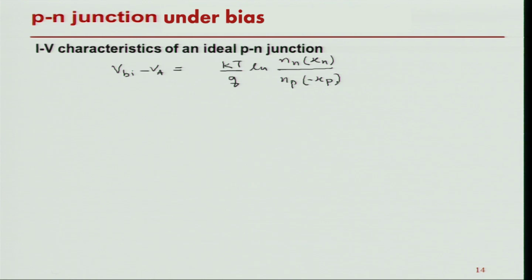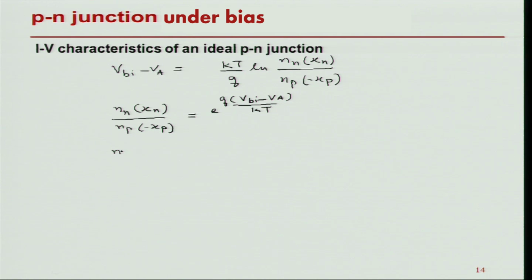What I am interested in is figuring out the boundary condition when I try to solve my continuity equation in the p or the n region. So, I would like to reverse the order and look at the electron concentration in terms of, I can write that as exponential q V B I